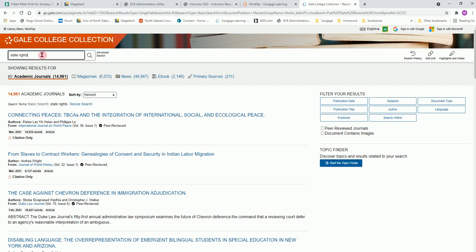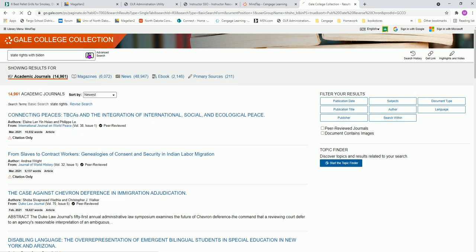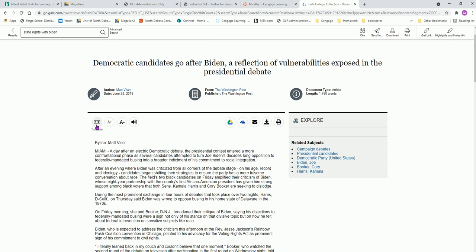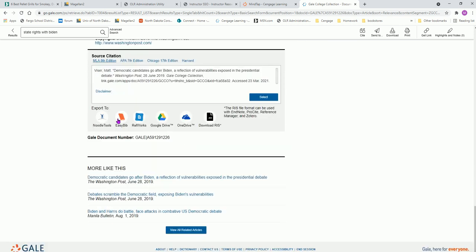All right, and if you wanted to type in Biden to narrow it down, see what that does. Oh, I can't type very well. All right, so it just has a couple articles when we narrow it down quite that way. And then once they have an article, just so you know, it can be translated, it can be read to them, and it can be imported